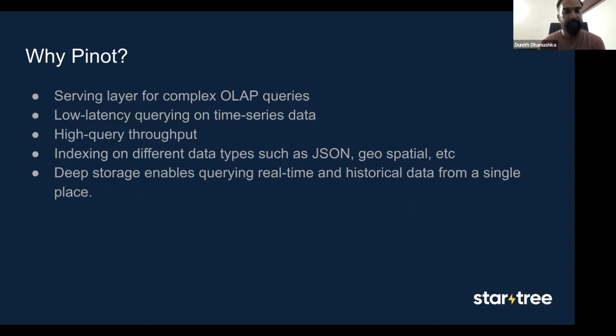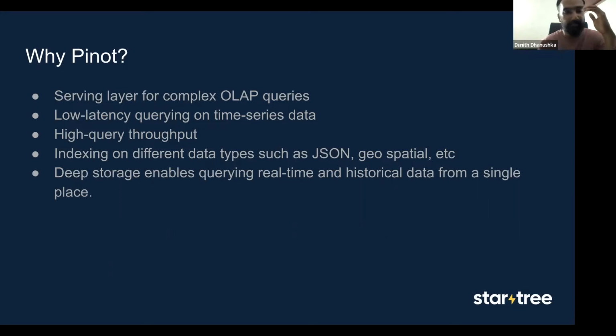The main purpose is to ingest data in real time so that we can maintain data freshness, and it can answer complex OLAP queries like time series queries in a high throughput manner.